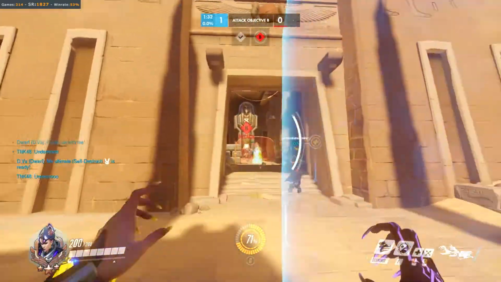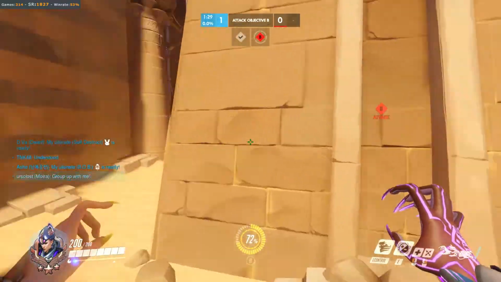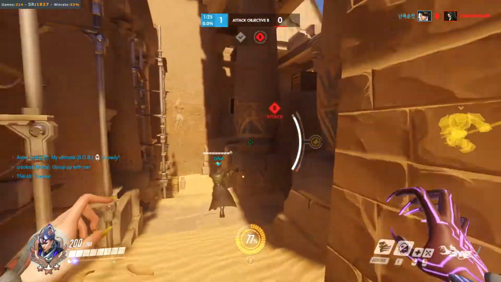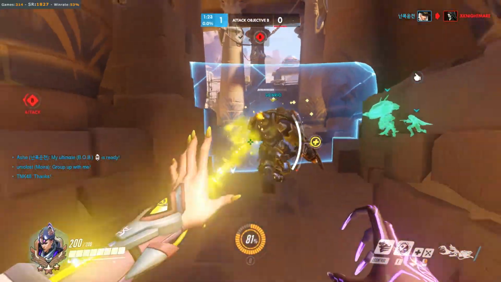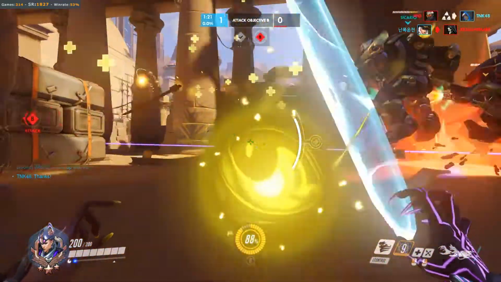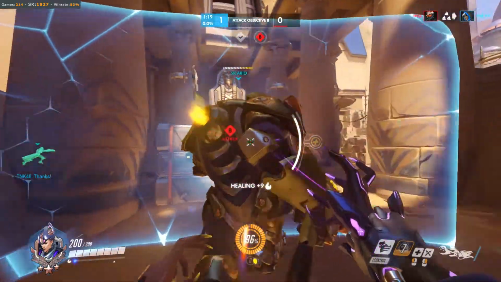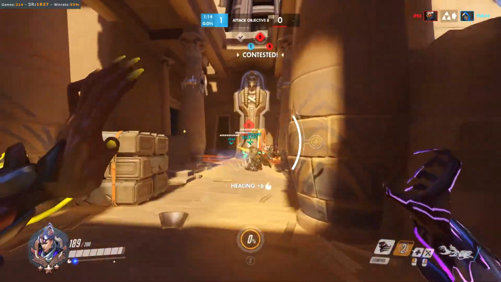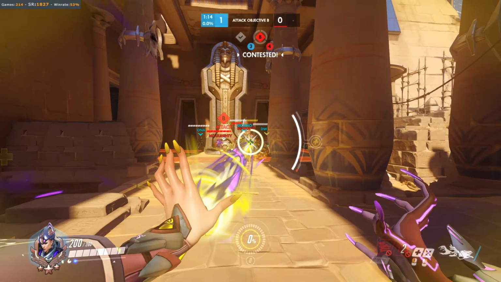Our Reaper is in front of Ryan's shield, and I'm trying to make them come through the left path by pressing the group up button, but it doesn't work, and I have to join with my tanks in the center. Ryan and D.Va finally charge in together with Reaper to clean up the mess, and my Moira to support them